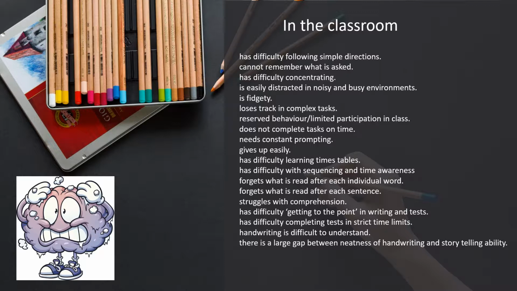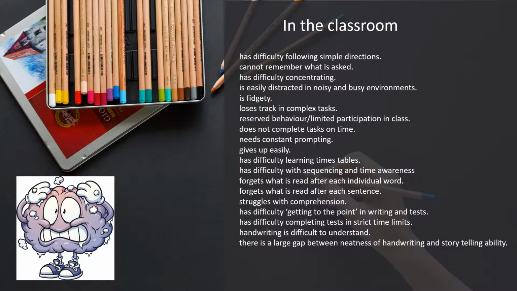So these children also lose track in complex tasks. So that's when you're giving them, again, very detailed descriptors of what they need to do. And you will notice that they do start to become very fidgety. Again, in the other course that I do on differentiation in environment and materials, what we look at is standing desks and giving kids other tools so that they can be fidgety, because fidgety is not a negative. Fidgety tells us that we're either overstimulated or understimulated in our learning. So we really need to be mindful of how we view a fidgety child as well.